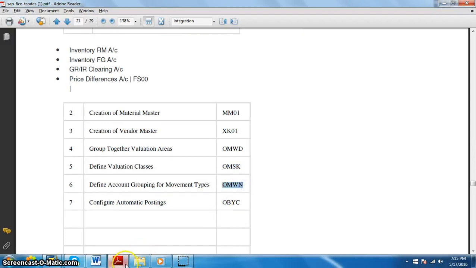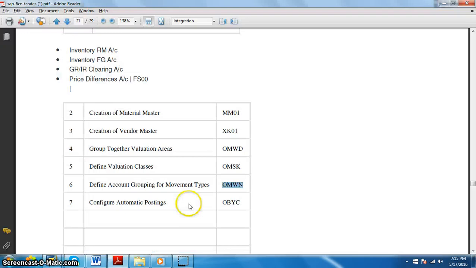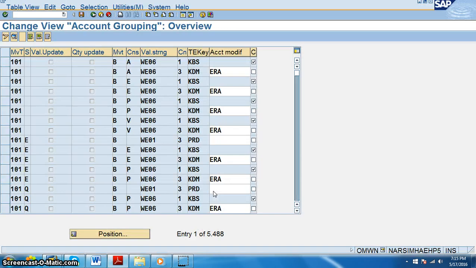So OMWN. So we have to go ahead with the OMWN here. Different account grouping for movement types.